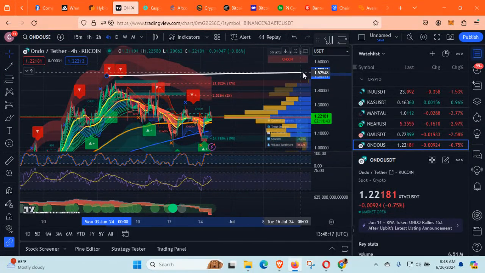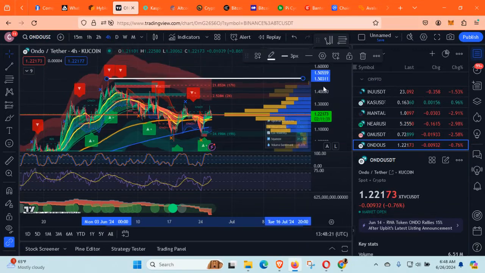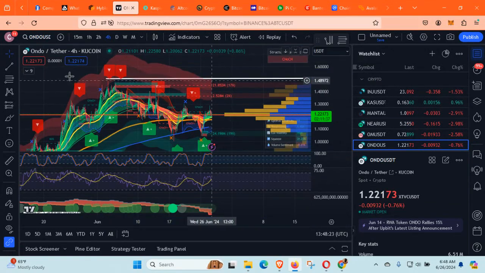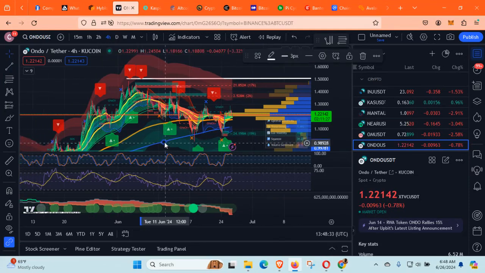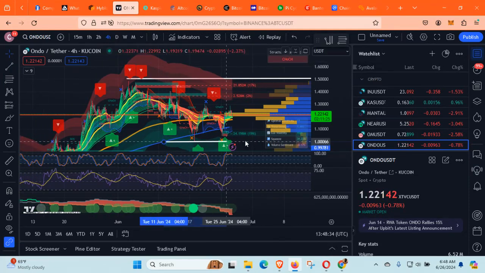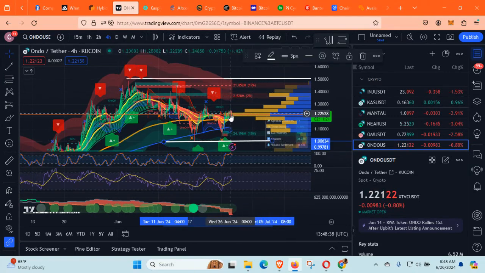And we would just pull that across to about the $1.50 region like that. And that just helps you know where the ranges are. And then we do the same at the bottom of the range at around about $1 here. I'll clean this up a little bit later just for the sake of time. I'm going to grab that, move that across at around the dollar region here, and then we have the middle of the range, which is about $1.25.